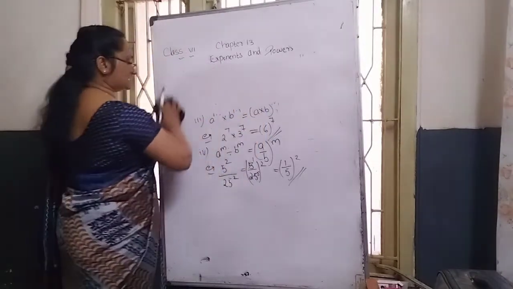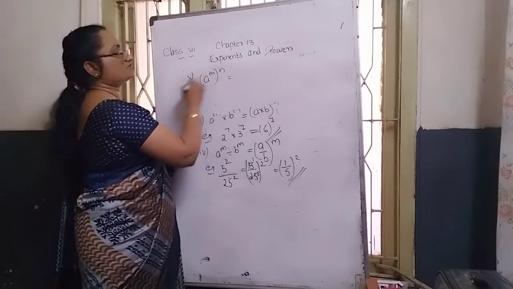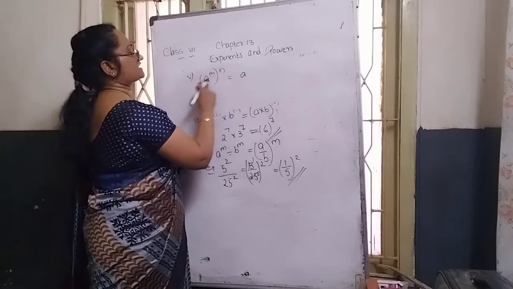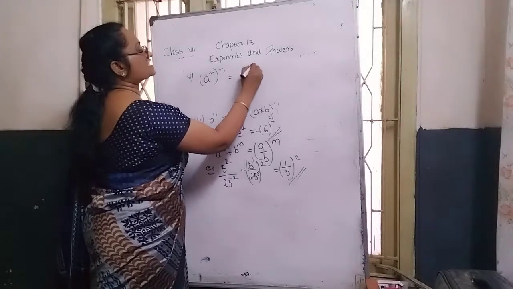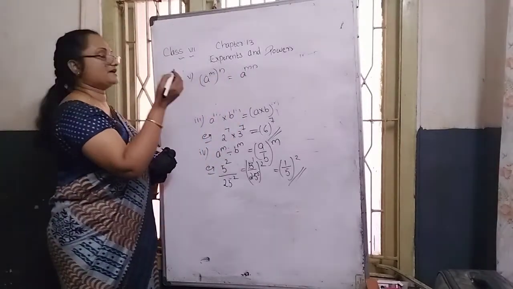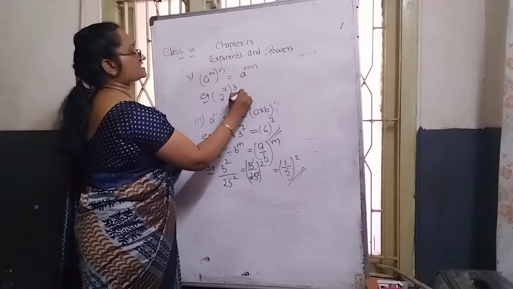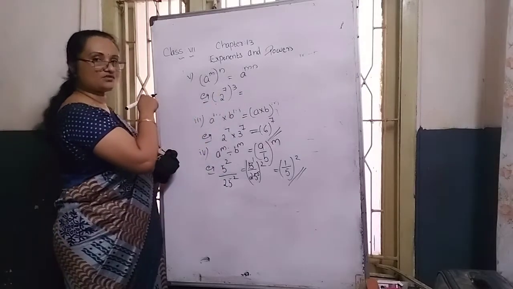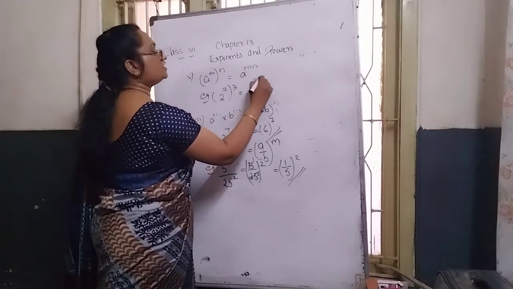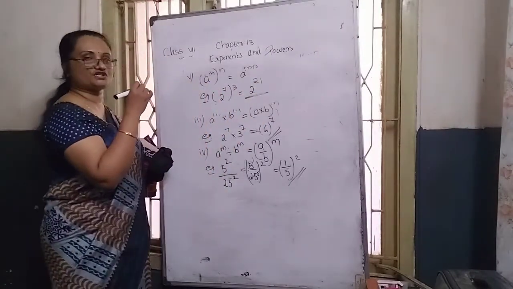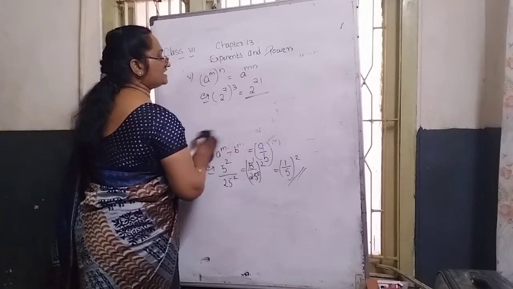The fifth rule says that in the two powers case, a raised to m whole power n, two powers are coming. Here a is the base, and m and n are the two powers. The base is written and the powers are multiplied, m into n means mn. Example, 2 raised to 7 whole power 3. 2 is the base, 7 and 3 are the powers. So the base 2 is written and the powers are multiplied. 7 3s are 21. 2 raised to 21 is the answer.